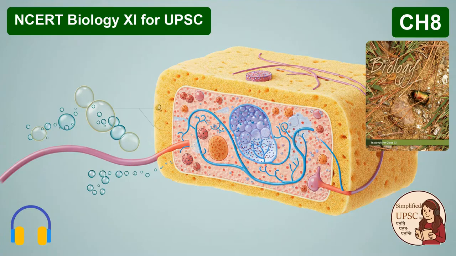Mm-hmm. The stuff you find in all animal tissues. Exactly. But then you have the secondary metabolites. Things like alkaloids, essential oils, rubber. The ones you find in plants, fungi, microbes. Right. And their economic and medical importance creates a direct link between cell biology and bigger topics like forestry, industry,